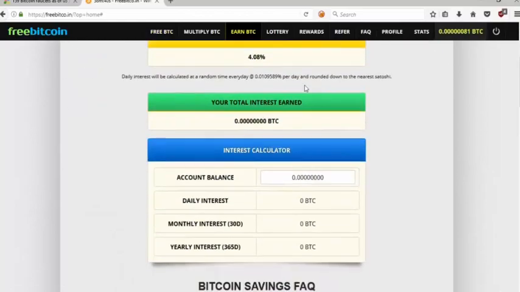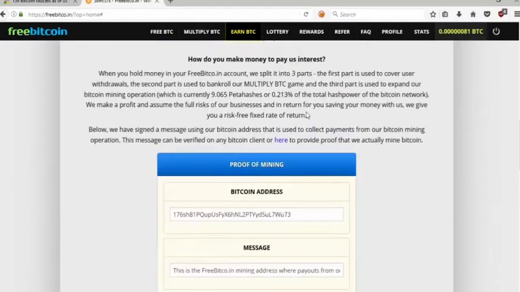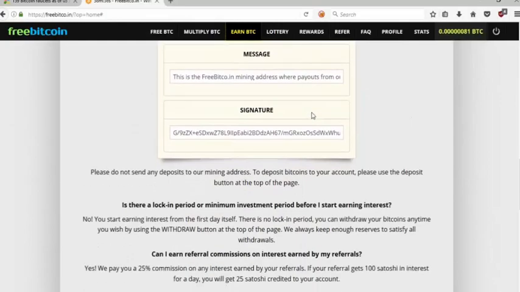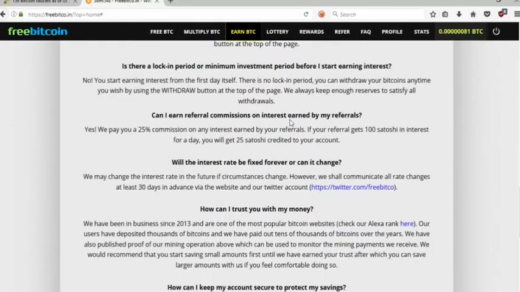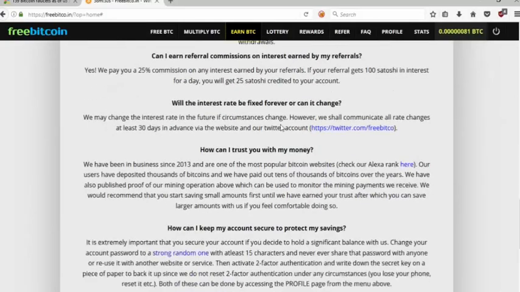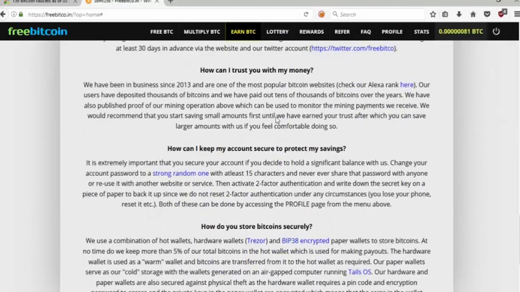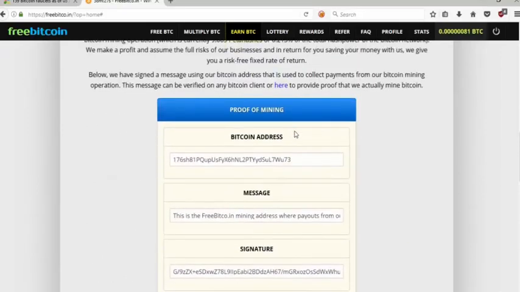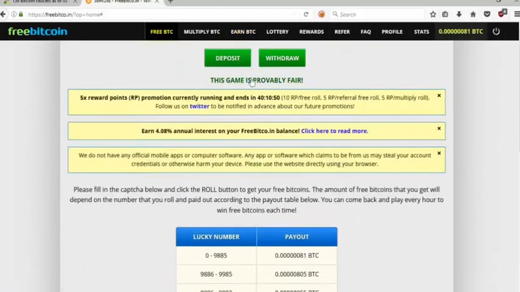You can also check out other parts of their website where it says earn bitcoins. This is where it'll show you proof of how authentic this service is, and the fact that they actually pay you out Bitcoin.